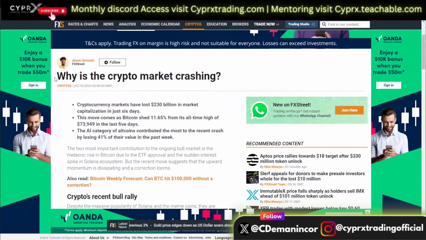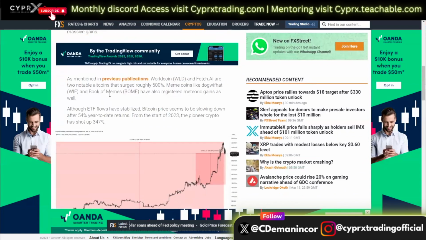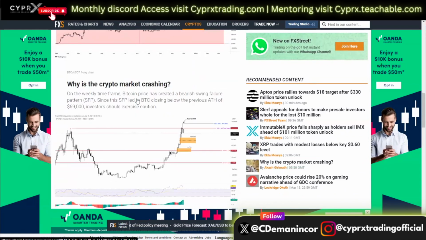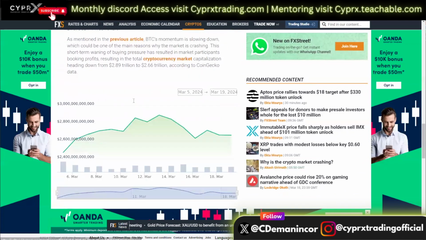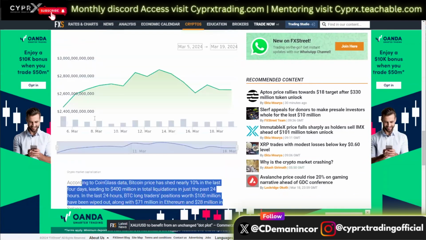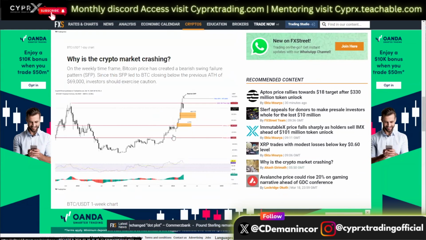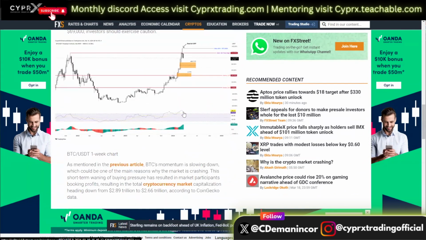So here, for example, is an article talking about why is the crypto market crashing. And all this article goes on to say and talk about is how Bitcoin's pulling back. That's it. There's no fundamental reason in this whole entire article talking about why Bitcoin's pulling back. They talk a little bit about indicators, right? As if indicators are what's creating pullbacks in this market. Oh, because RSI is overbought, whatever, blah, blah, blah. That has nothing to do with why the cryptocurrency market is pulling back.